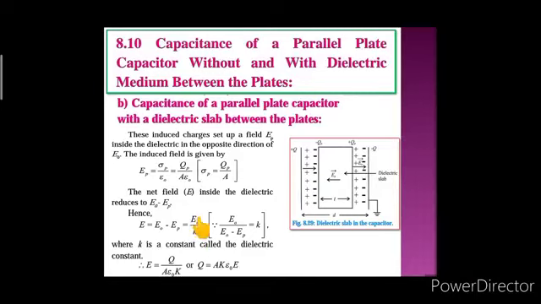So, substituting the value of E0, which is Q upon A epsilon naught, the value of E is Q upon A epsilon naught into K. Or, by cross multiplication, we can write Q is equal to A K epsilon naught into E. Now,